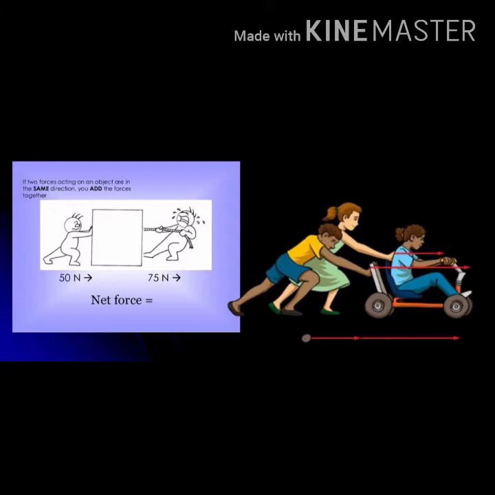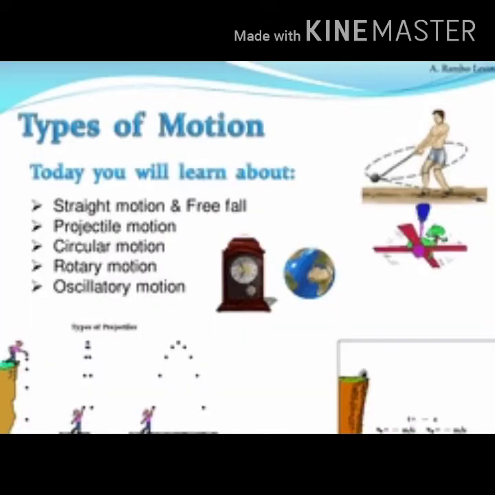As you already studied about the movement of objects, let us recall what is motion. Motion is nothing but movement of the object, the displacement, the change in position of the object. We call it motion. And there are various types of motion. That is linear motion. Linear motion means object moving in a straight line. That we call linear motion.